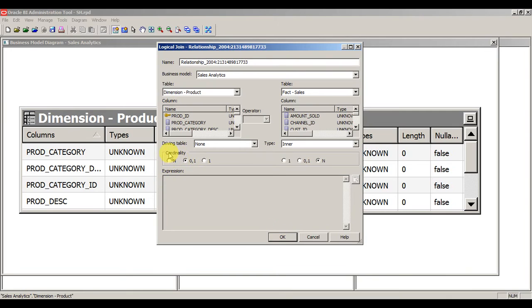You can set the cardinality here. One more advantage of the logical join is that you cannot create a left outer join or right outer join in the physical layer, so instead you can use the outer joins from the logical join. This is one of the typical interview questions you may face.